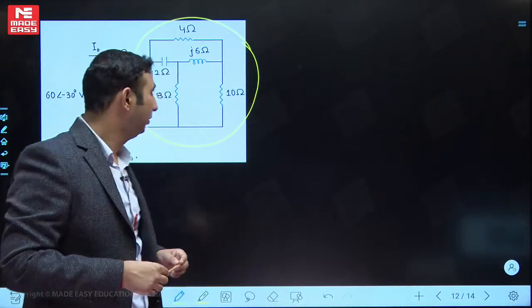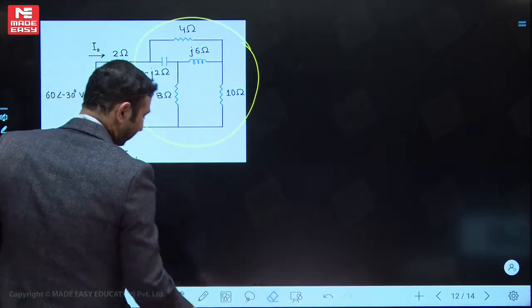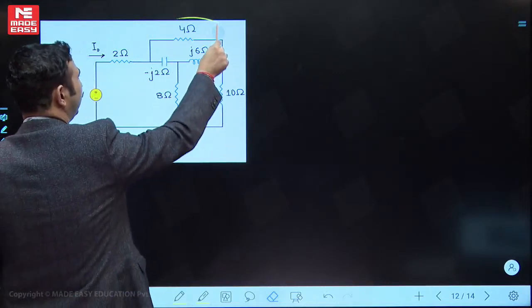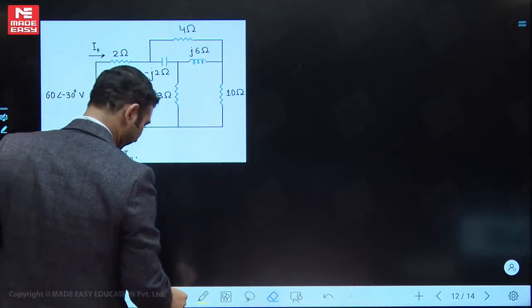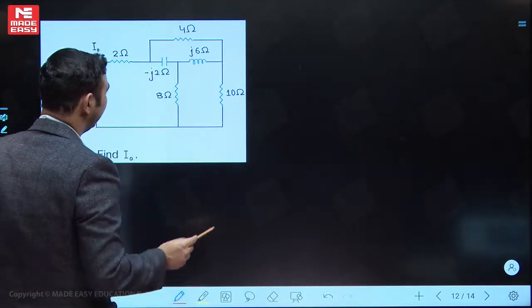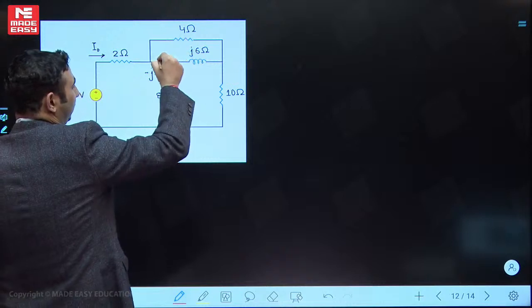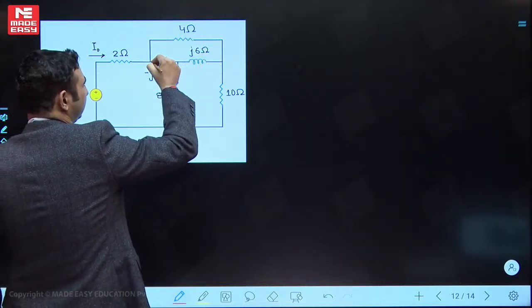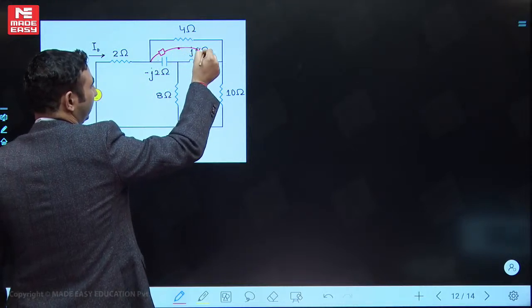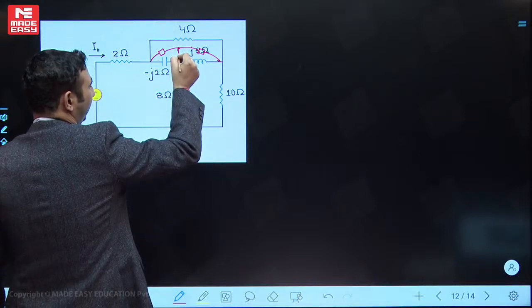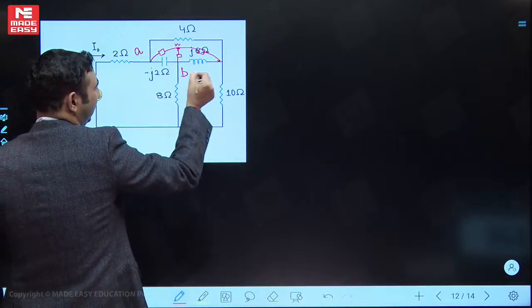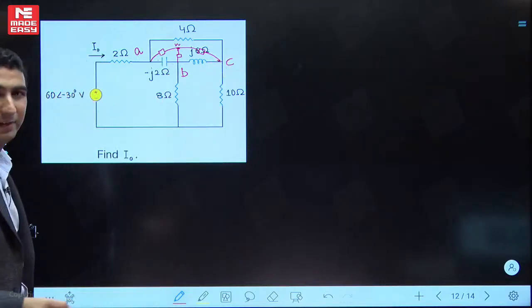If the bridge is not balanced, then what should I be doing? Star delta transformation. No other method that we have. Meaning, I can go with the mesh and all those things, of course, but I'm going with the equivalent concept, that will be easy. Star delta we want to go. So I'm going delta to star, sorry, I'm going for this delta to star. Because you know that every edge will be connected and this will be neutral. Let's say this is A, B, C, and let's go for the formula.